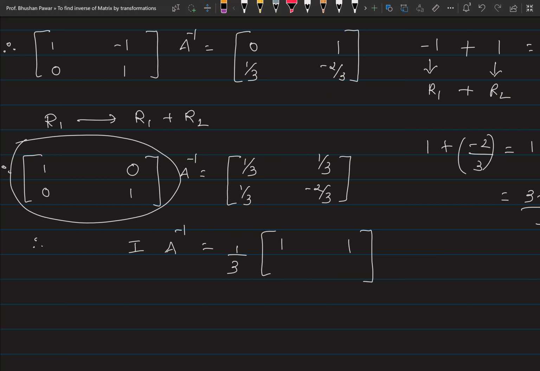Fine. Now let's try a matrix whose order is 3 by 3. It is 2, 0, minus 1, 5,